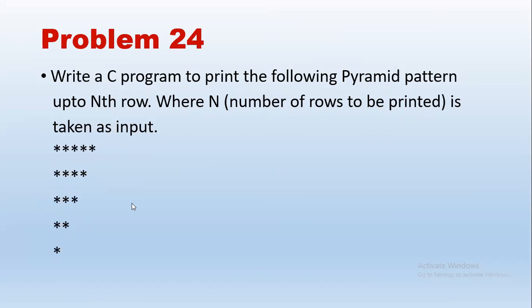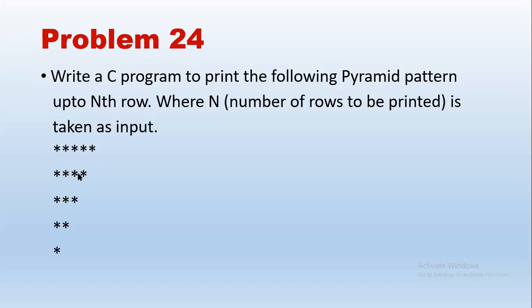Let us first analyze the question and see what the input and the output are. As per the question, n is the input, that means the number of rows, and based on that we have the values inside each row. The number of rows is 5, so the input will be 5. Now, what do we have in each row?